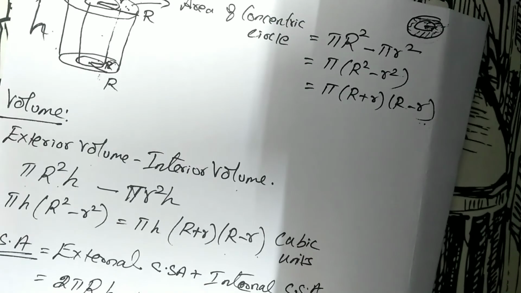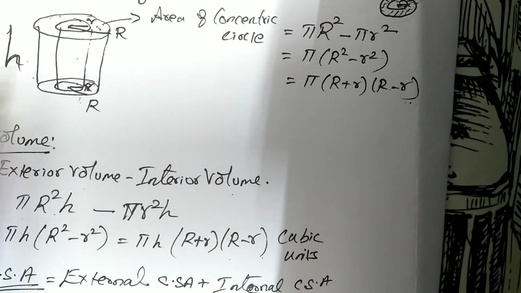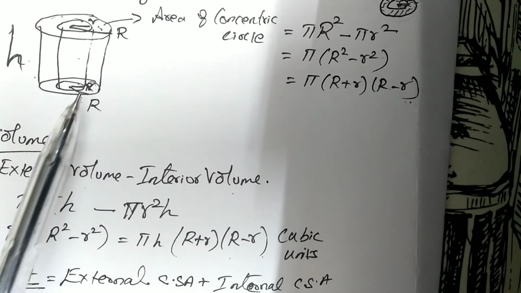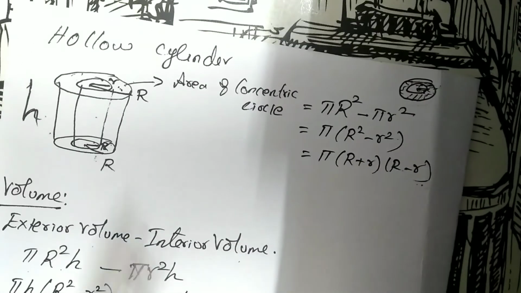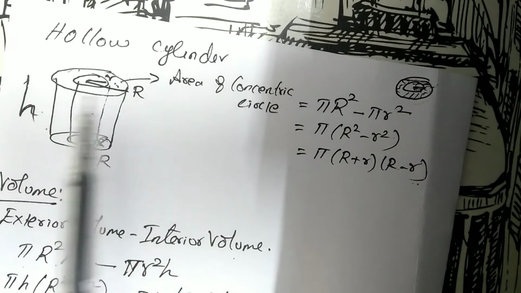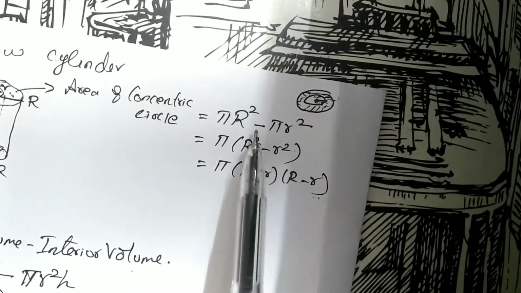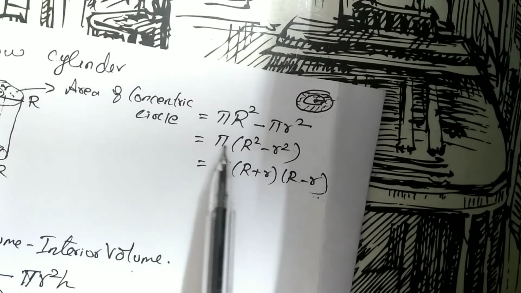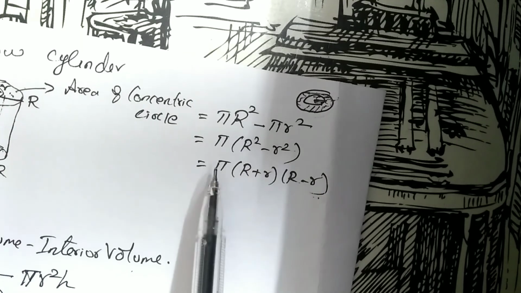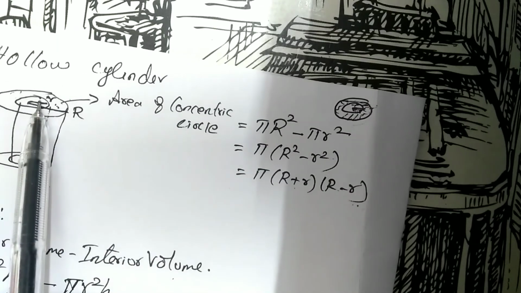Now I'll repeat what we have learnt in the hollow cylinder. First, in a hollow cylinder we have two pipes, one smaller and another bigger. You can find this in the water pipes in your house. The upper part is a ring like a concentric circle. So first we find the area of the concentric circle: area of the bigger circle minus area of the smaller circle. So pi R squared minus pi r squared. Pi is common, we take it out: R squared minus r squared. Pi into (R plus r) into (R minus r). This is the area of one concentric circle, only the top.